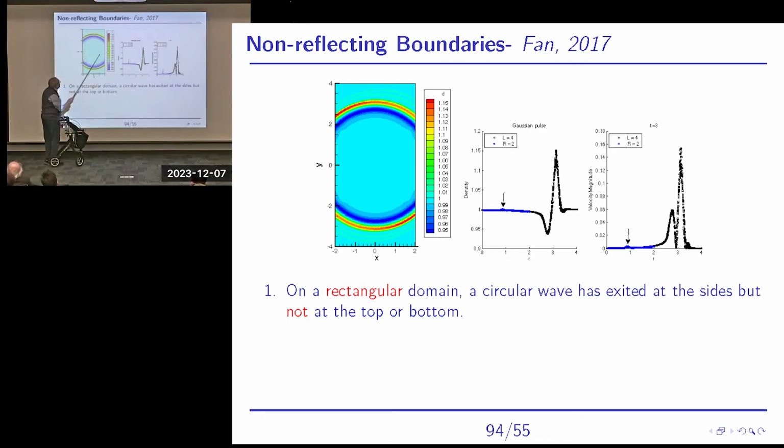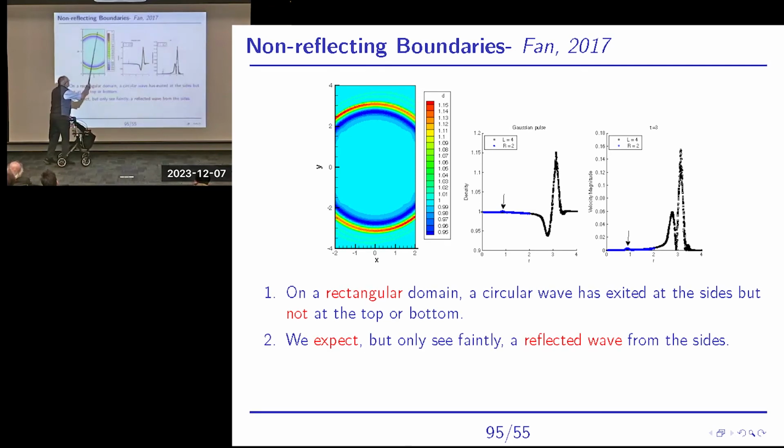Now, if you don't do anything at all, or you use conventional methods, you expect to see a reflected wave coming in from the sides. You do see it. There it is. But it's very small, and it is smaller than you would normally get by applying the best available non-reflecting boundary condition. She did a different experiment in which she did this on a large circular domain,